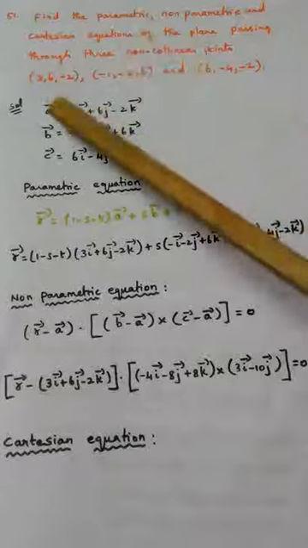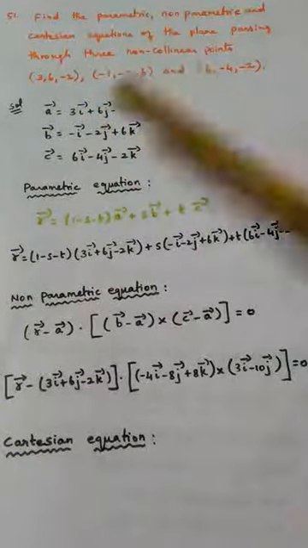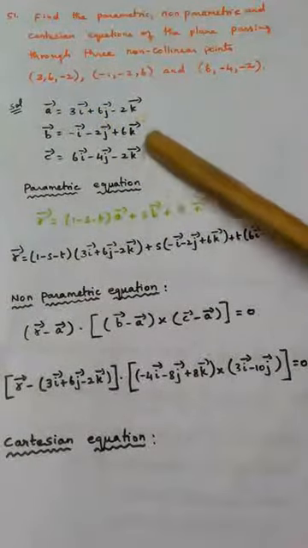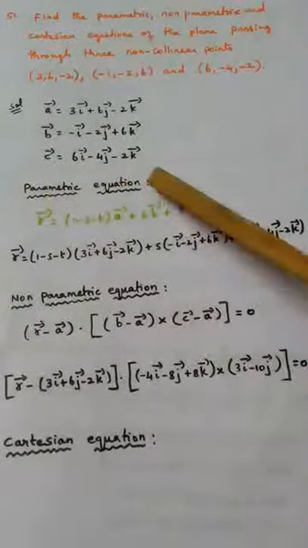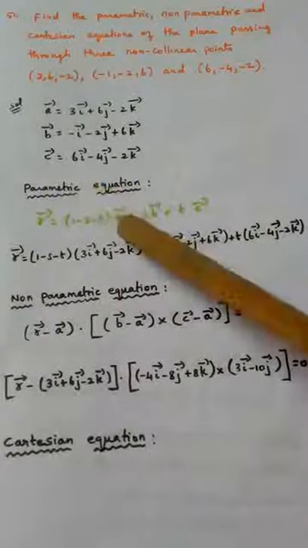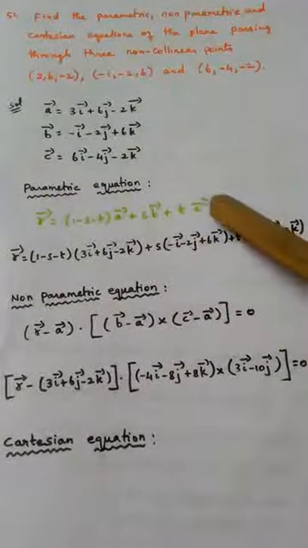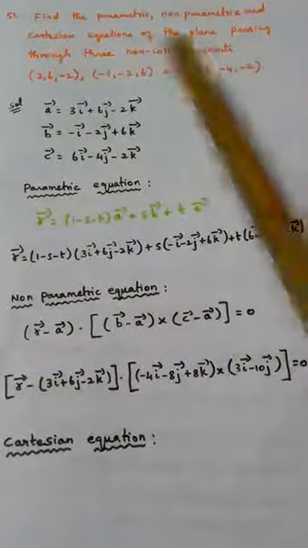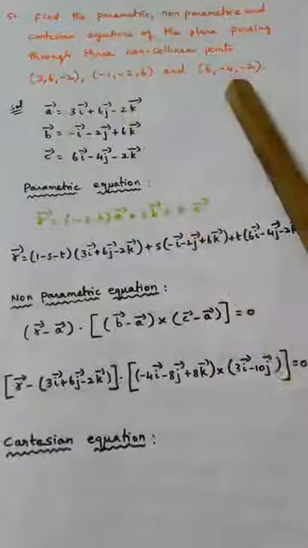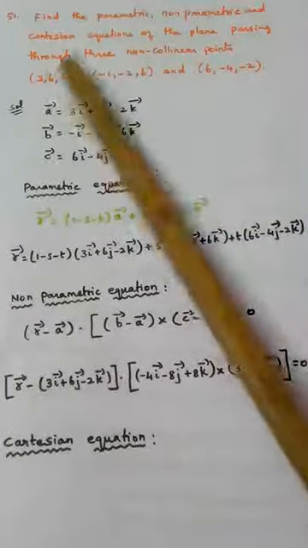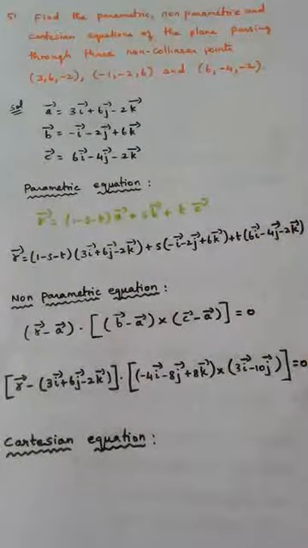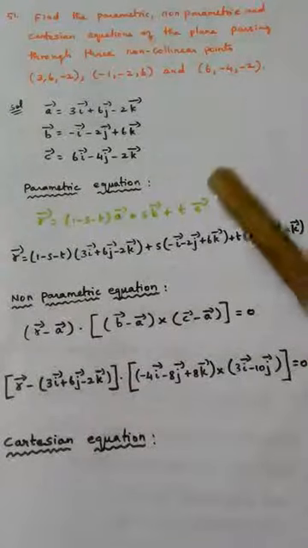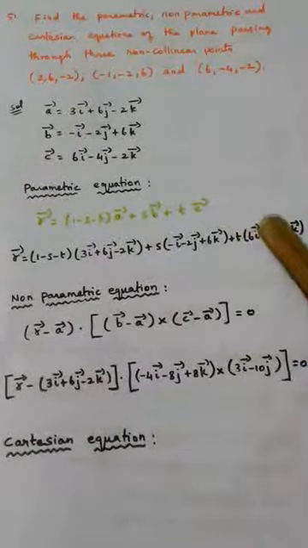So the first point can be taken as a vector, second one b vector, third one is c vector. After writing all these three, we will just write the formula for each heading. Parametric equation. This is the formula where a is the first point, b vector the second point, c vector the third point. If you ask whether we can interchange, shall we take a, b, c in another order, yes, you can take. Order is not important. You can take it in any order, your wish. So you can substitute that in the formula. Hence the first part, parametric equation, gets over.